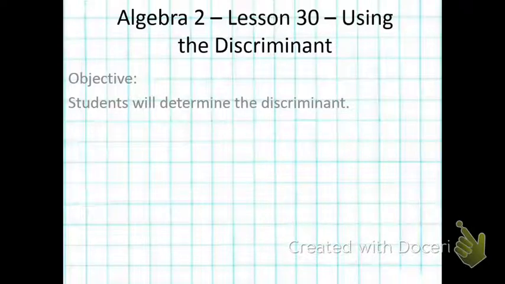Alright, this is Algebra 2, Lesson 30, using the discriminant. So, we've been talking about factoring or solving quadratic equations. We talked about solving by factoring, solving by taking the square root, solving by graphing, solving by completing the square, and then solving by quadratic formula. And the quadratic formula we learned yesterday, but